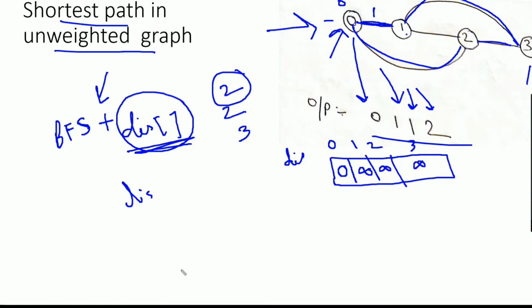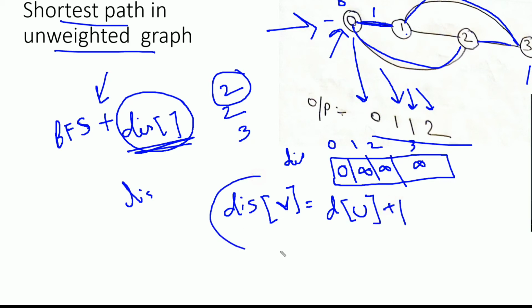I'll be using BFS traversal, and the formula for distance will be: distance of the adjacent vertex equals distance of the current vertex plus 1. This is the formula which we are going to use.